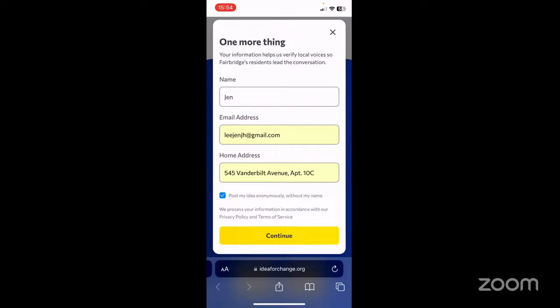I feel like I would be more willing to just proceed if it said a little more than just verified local voices, maybe like, I don't know, ensuring everyone is from the community,